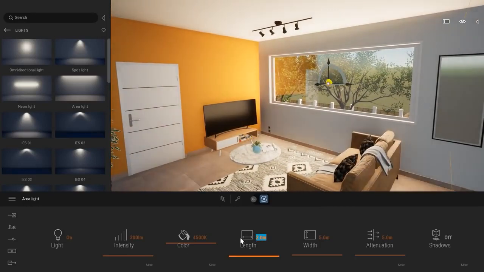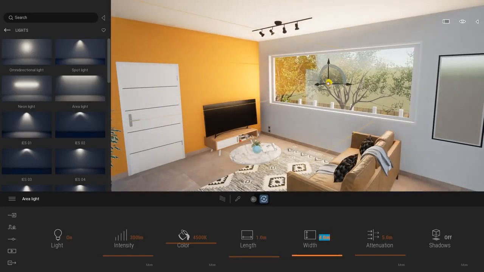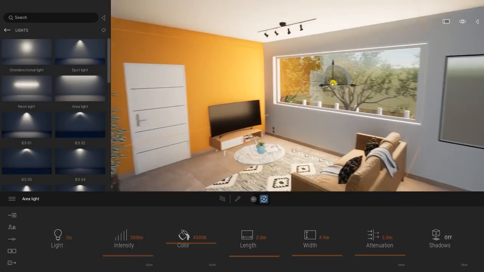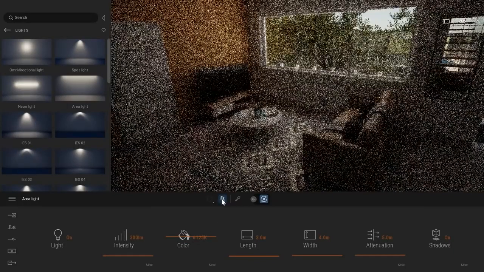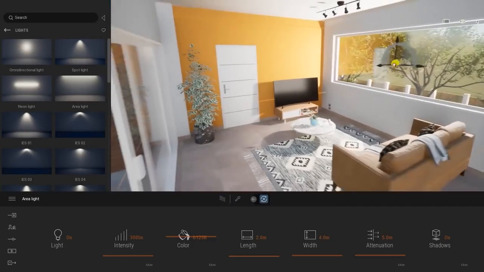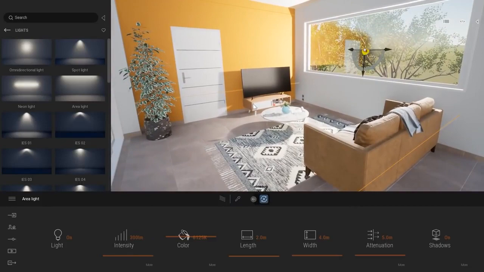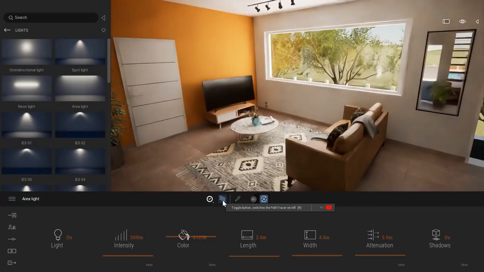I can also change the setting to actually match the size of my window. So probably something like, yeah, let's do 2.4, 2 and 4. Let's enable the shadow. And same thing over here. I'm just going to press R to calculate the Path Tracer. As you can see here, the shadows are way smoother compared to the rasterize mode, which is the real-time mode inside the Twinmotion viewport. Here we have some shadows that are really sharp, but when I press R, the shadows are perfectly smooth. This is where the Path Tracer is also really helpful, in having really nice shadows.